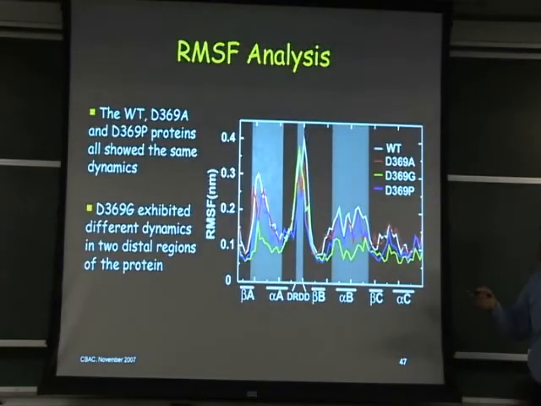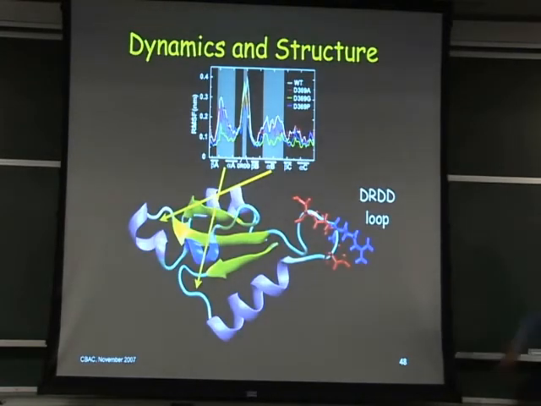So the wild type, the same curve again here, and the alanine and proline mutations essentially show identical dynamics in terms of this RMSF, but this glycine mutation, the GPD mutation, exhibited different dynamics, and not at the region where we're making this mutation. But actually, again, back in the same region, in alpha B as well as in this beta A, alpha A linker. To exemplify this a bit more, let's put this back in the structure. Here's this aspartate. This is where we're making this mutation. We're putting glycine in here. It's an unstructured surface.